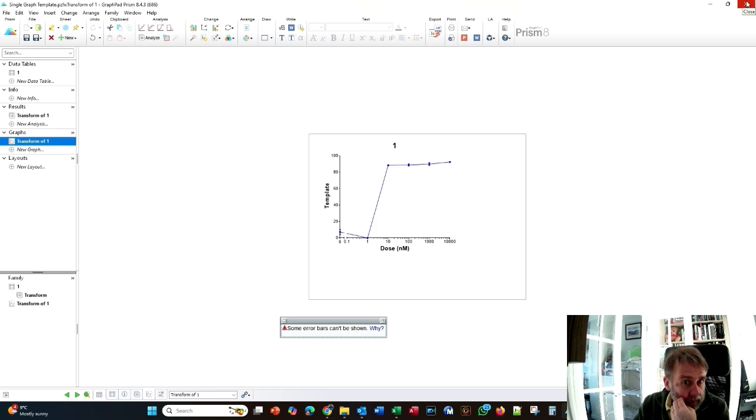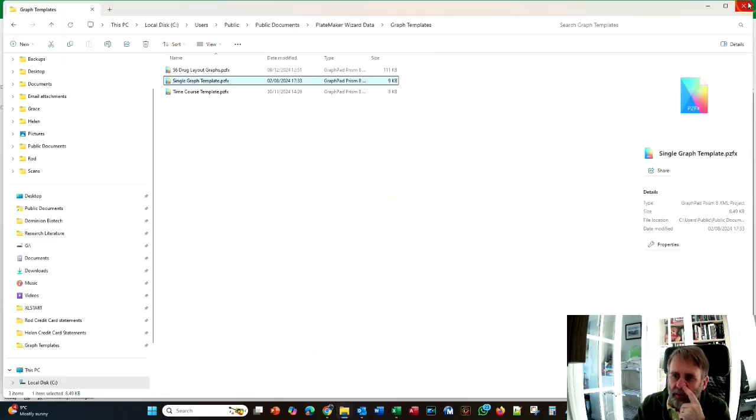Now I could just use that template and add all the graphs, and that's fine. But what we want to do is, if you remember the demonstration workbook, we actually had inside the demonstration workbook all the graphs nicely laid out, and we did that using Prism graph layouts. So what I've also done is there's a second graph file program which is 56 drug layout graphs, and if